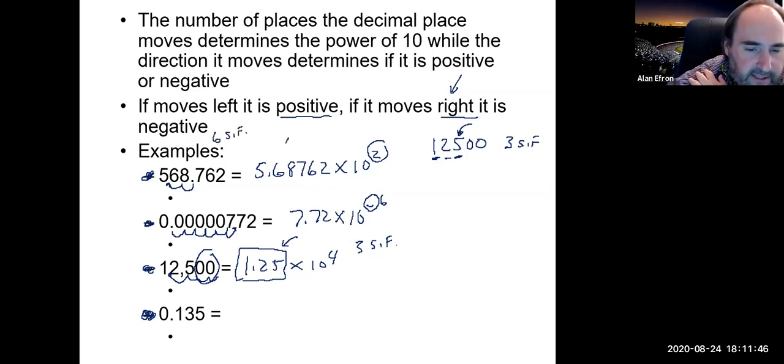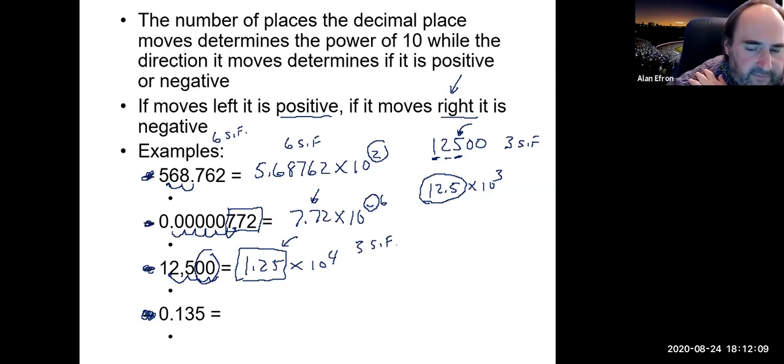This number here has 6 significant figures. This number here has only 3 significant figures, which is why this has 3 significant figures. And to answer your question, that technically would be incorrect if you wrote it 12.5 times 10 to the 3. And that is because it does have 3 significant figures,